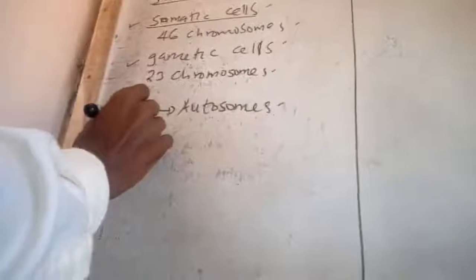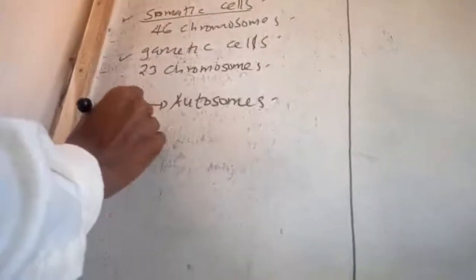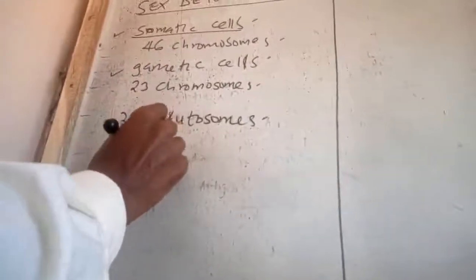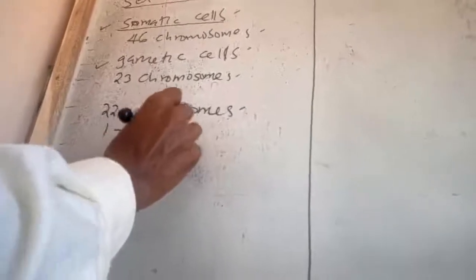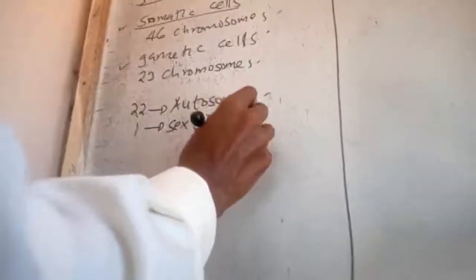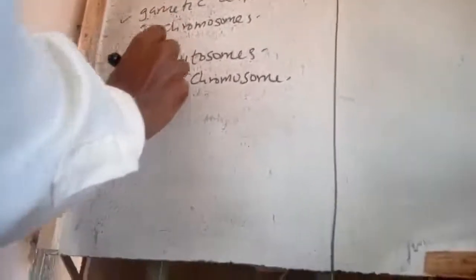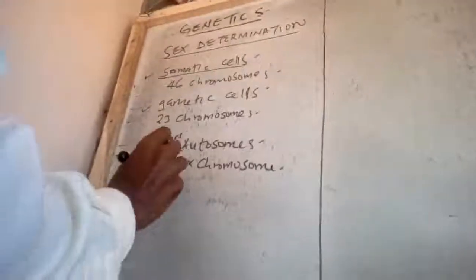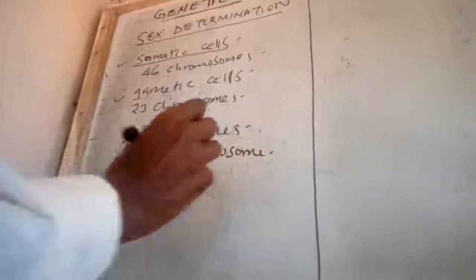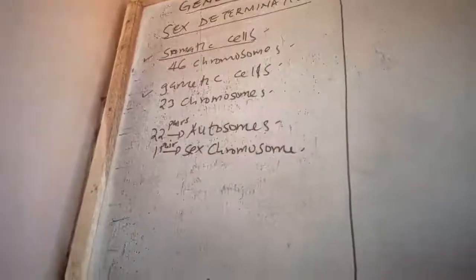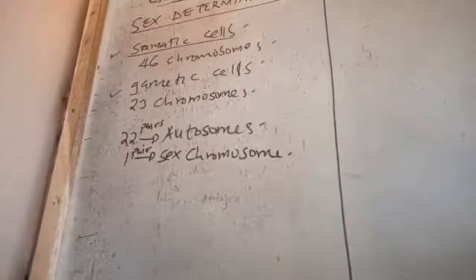And one pair is called the sex chromosome. As far as the 22 pairs are concerned, they are called autosomes, and one pair of chromosomes is called the sex chromosome. And as far as the sex chromosomes are concerned,